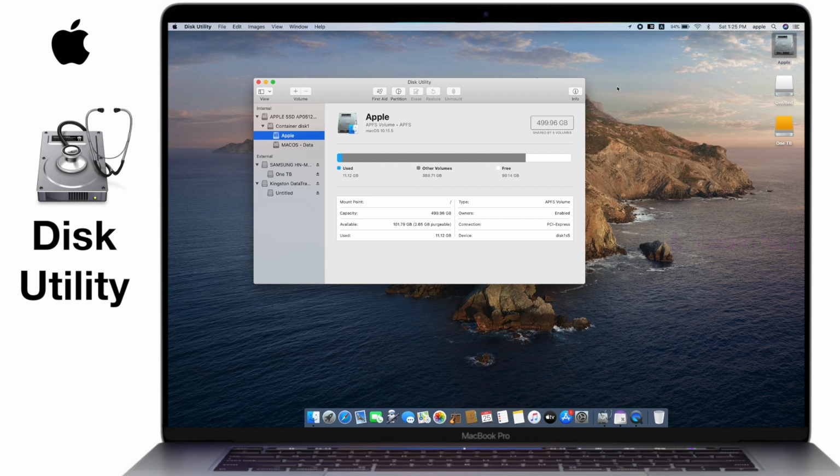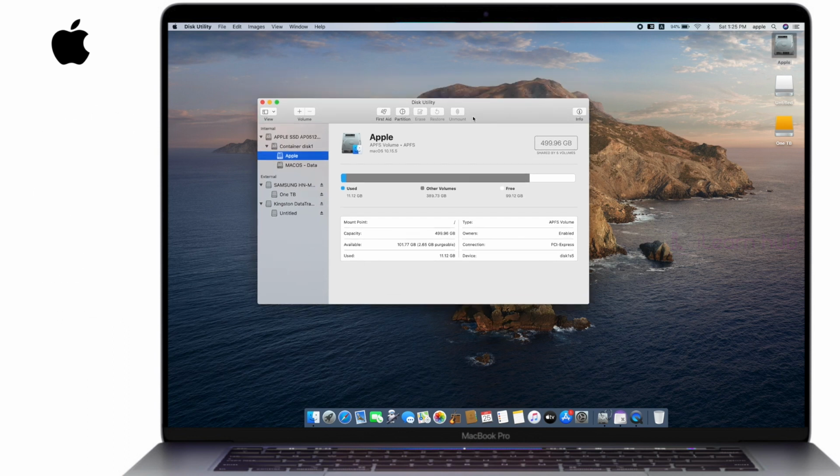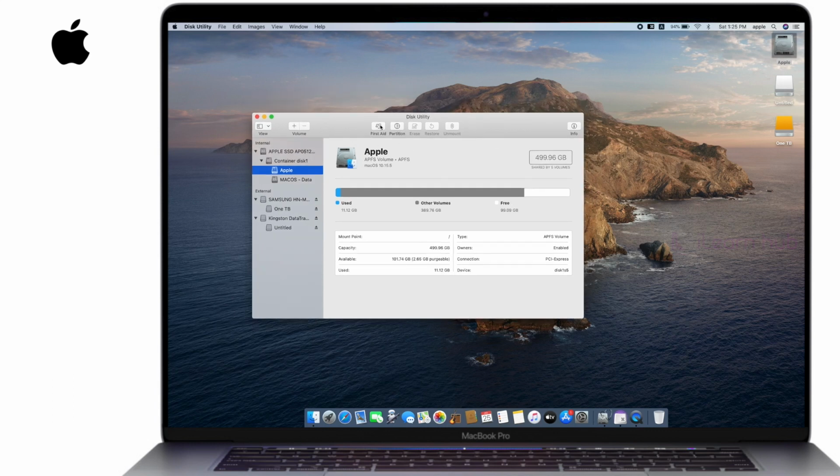Whenever you have some issue with your external hard drive or an internal hard drive, you can use it. But if you have already booted through Apple, you cannot do some of the First Aid kind of things. If you want to do First Aid, you need to boot from the recovery partition, and from the recovery partition you need to run First Aid on your bootable hard drive. We'll see that in a different video itself.